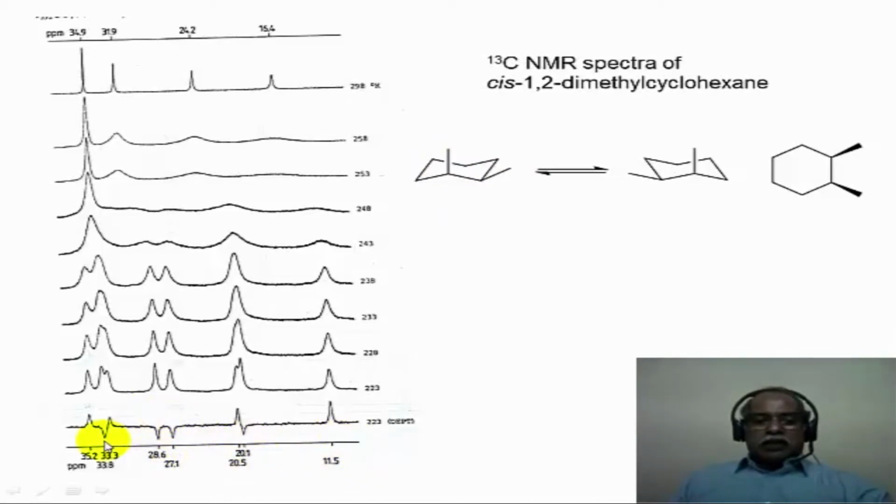So if you see 4 signals in the negative phase, 1, 2, 3, 4, these 4 signals correspond to the CH2, and 2 CH and 2 CH3 will have positive phase. 1, 2, these are probably the CH carbons, and these are the CH3 carbons. So there are 8 signals seen in the carbon-13 spectrum. Variable temperature carbon-13 NMR of dimethyl cyclohexane is measured in this case. This is the normal carbon-13 spectrum, whereas this is the DEPT spectrum, which is recorded to distinguish between the CH2, CH and CH3 carbons.